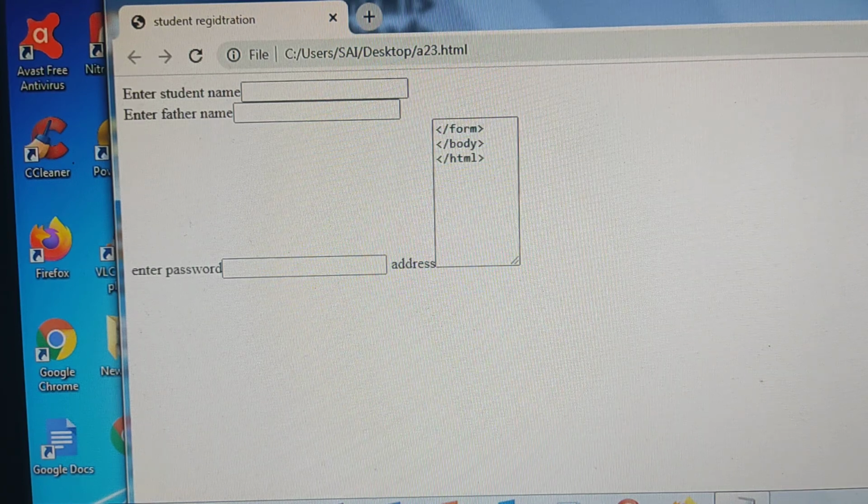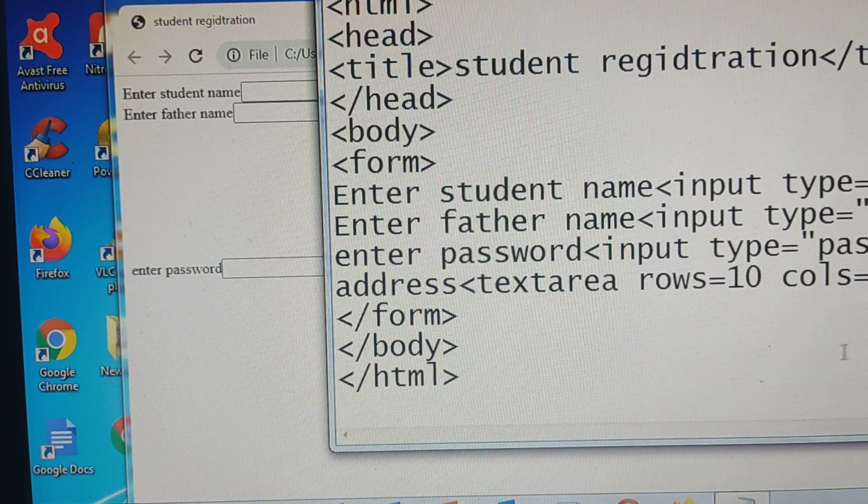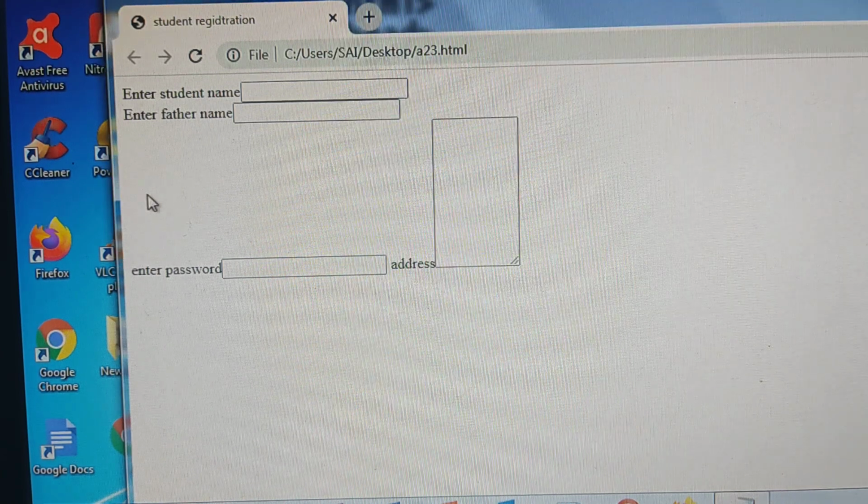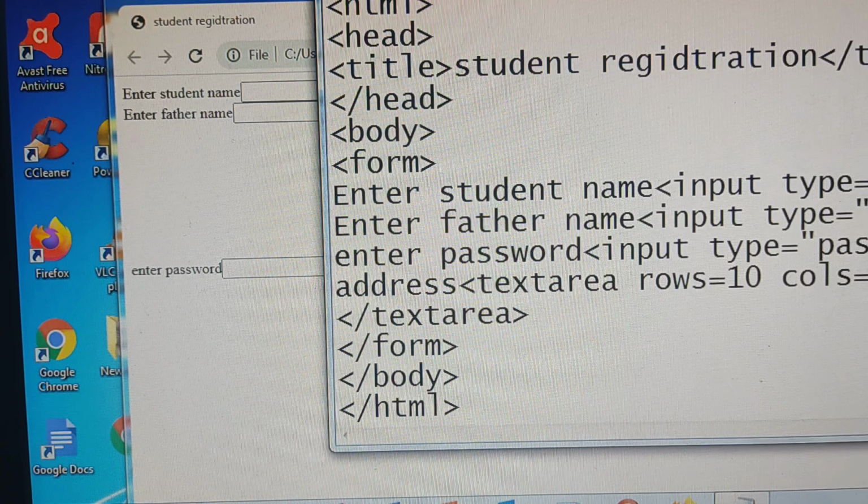So here something went wrong. Text area I have not closed, right? You close the text area. Save it. So this is the text area, this box. Okay, 10 rows, 10 columns.